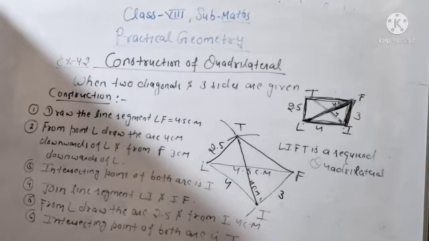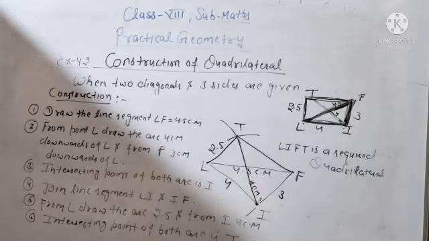So construction you can do in your own language, beta. I am telling the steps one by one, step by step, how you will write. Simply, you will start from the line segment LF. Draw the line segment LF 4.5 centimeter. After that from L downwards you will open your compass 4 centimeter and draw the arc. From F also you will open your compass 3 centimeter and draw the arc. Both the arcs' intersecting point is point I. After that join the line segments LI and IF. Now upwards also we will complete the triangle. Draw the arc from point L 2.5 centimeter and from point I 4 centimeter, and both the arcs' intersecting point is point T. Now join the line segments LT and IT.